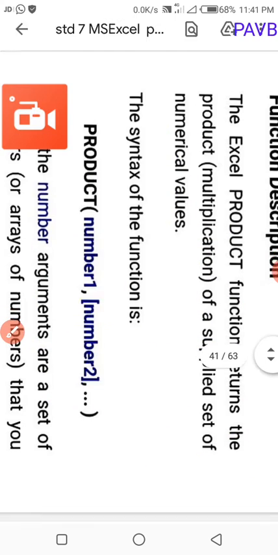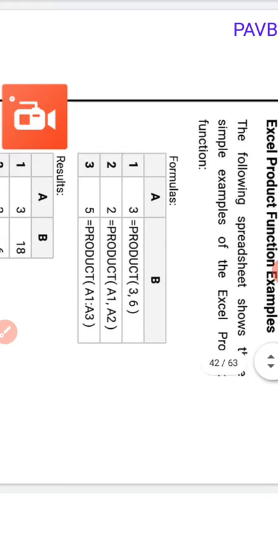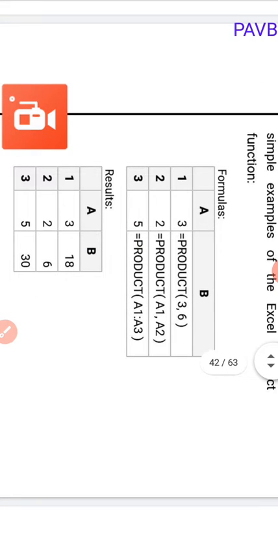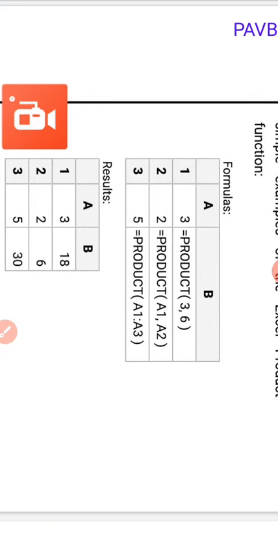Have you understood, ma'am? See here, example: PRODUCT(3,6). What is 3 into 6? 18.